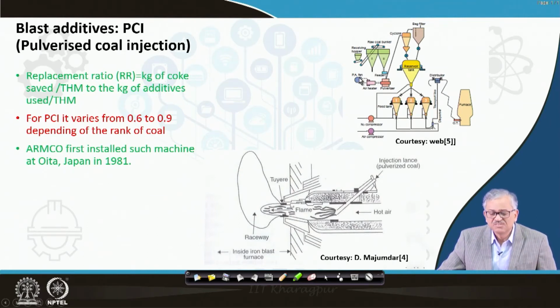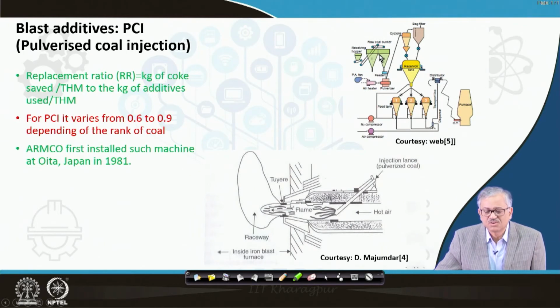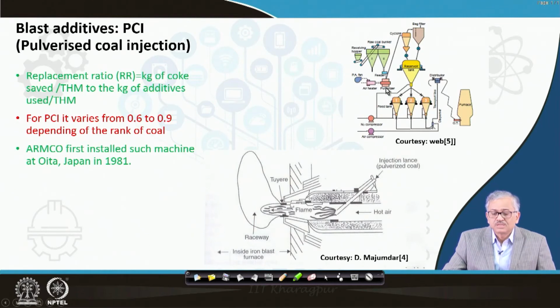it is done. Basically you can see this is the raw coal, the bunker is there, here the coal is stored, and then it goes to the pulverizer, where it is pulverized. After that you have the air dryer, with an air heater, because the coal has to be dried up; if it is not dried, its flowability will be less, and it will also add to the endothermic reaction. So after pulverizing you have to dry it completely, and once it is dried